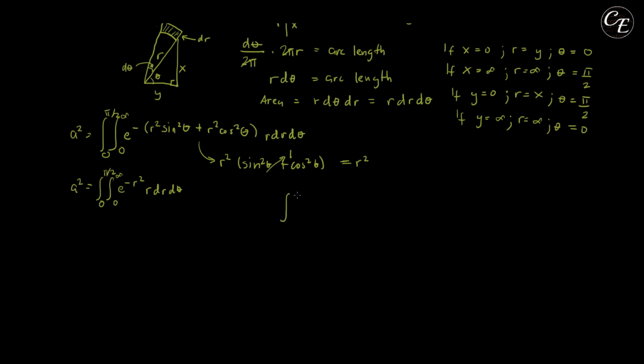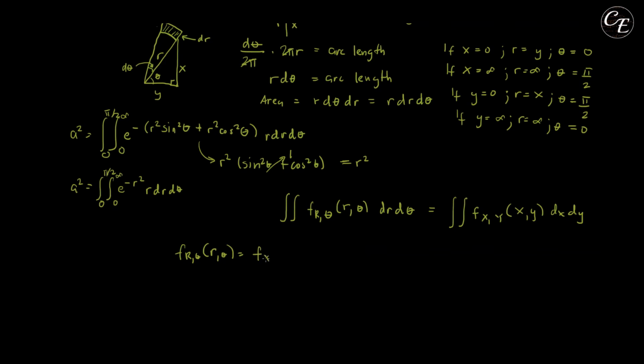So we can have an integral for r theta with variables r theta dr d theta equal to double integral f in terms of x and y for x and y dx dy, using a theorem that f r theta is equal to f for x and y